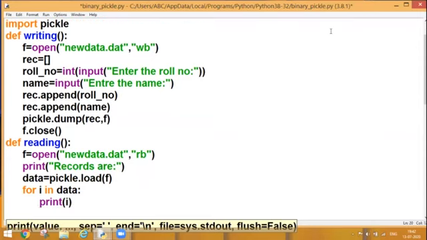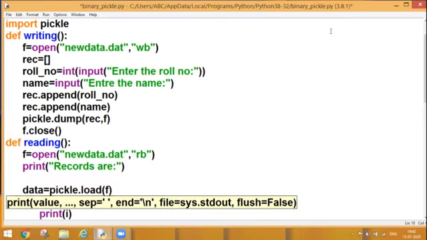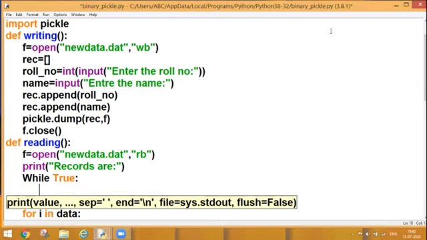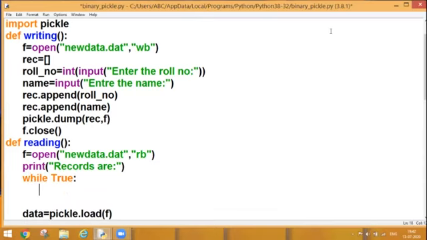Okay. Now, I want to mention one more thing over here, that I can read my data in a proper way. If I run another while loop over here, I can write one try and except block also, so that any kind of error will not be displayed onto the output screen once I am reading the records from the file.